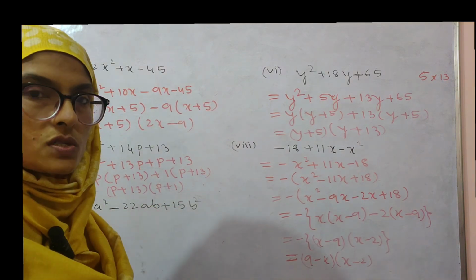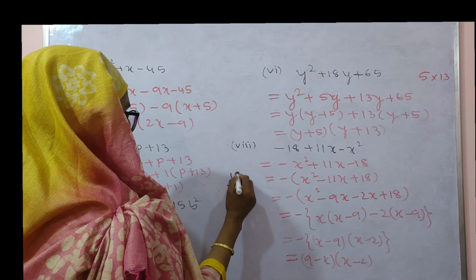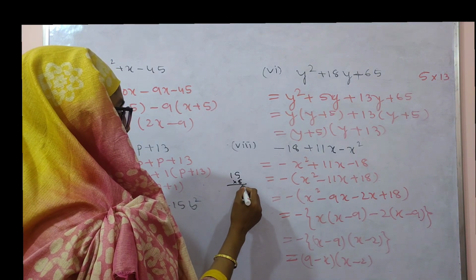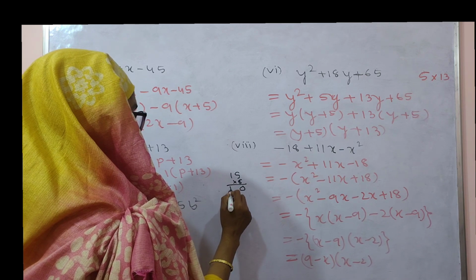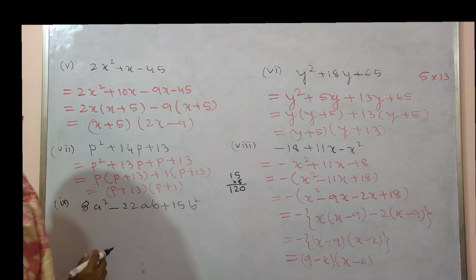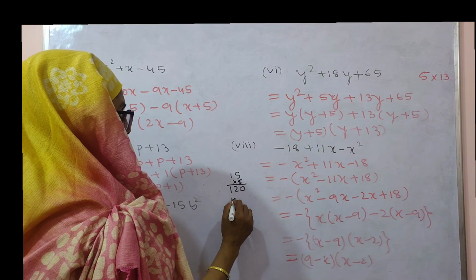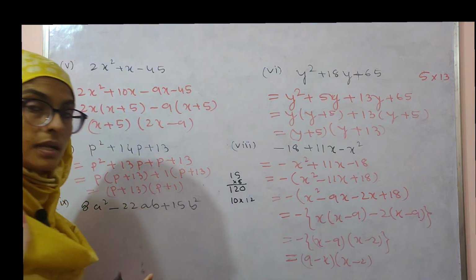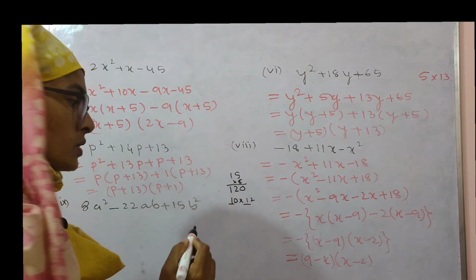Similarly, number 9, here 8 into 15. You can write the notes. 8 into 15, 15 into 8, if you multiply this one, 5 8s are 40, 0, 4 carry, 8 1s are 8 and 4, 12, 120. Here 22ab. Here 120 you can write 10 into 12. And here plus symbol, if you add this 2, you will get 22.